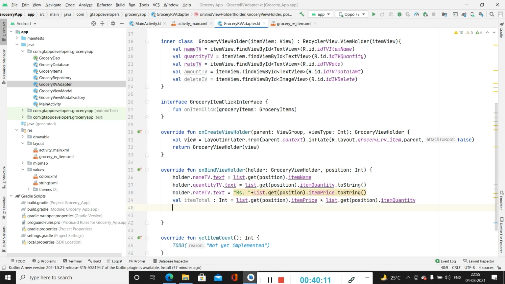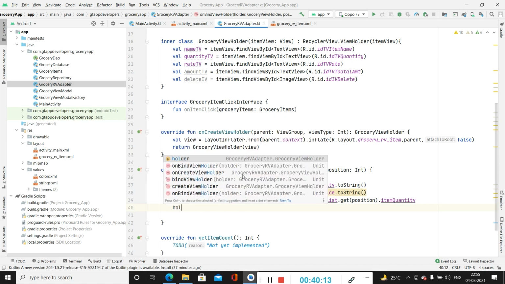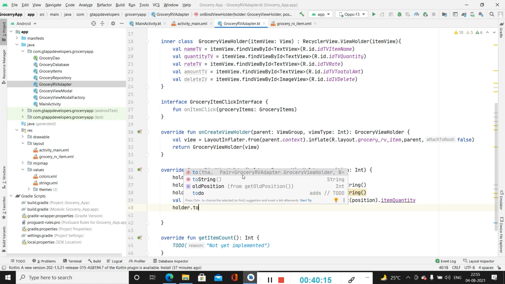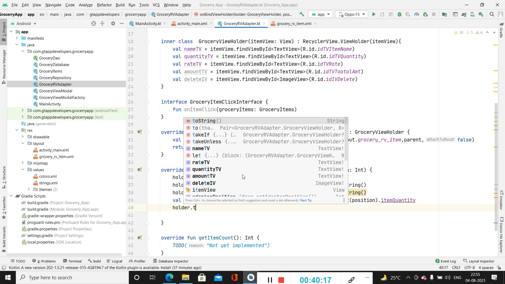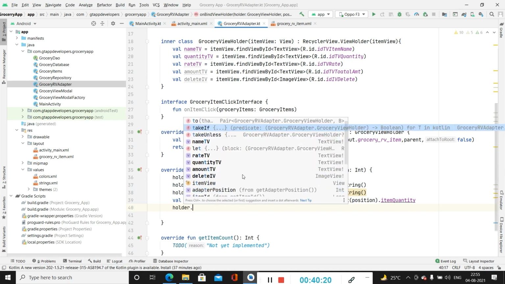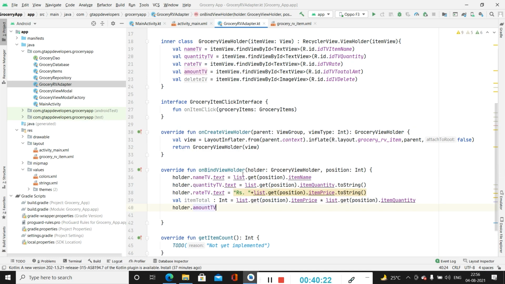Now after that we will be setting this item total to our total amount tv, that is amount tv dot text. Here also we will be adding rupees, item total dot to string.